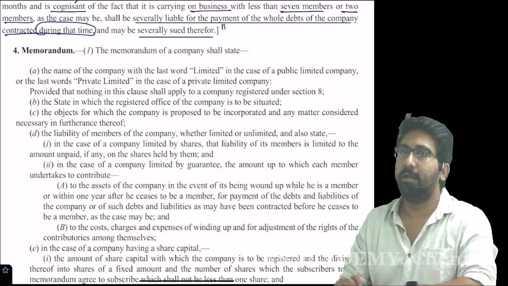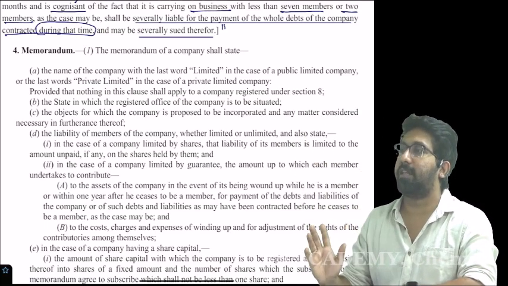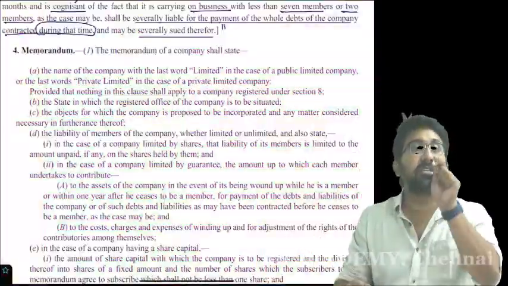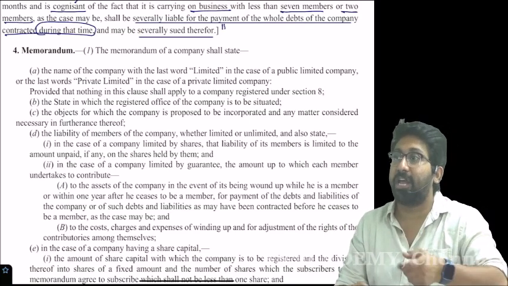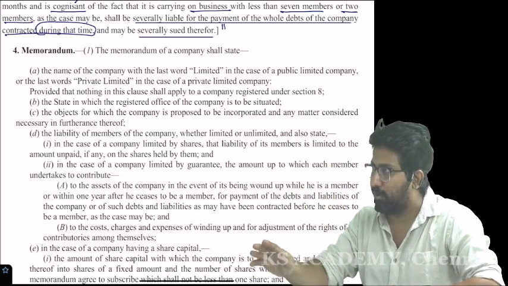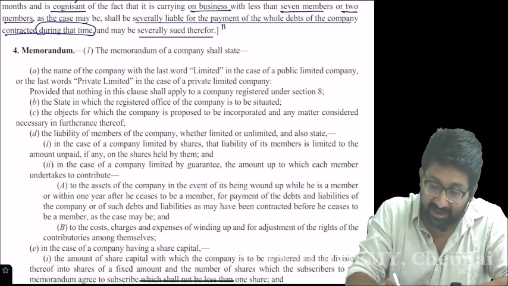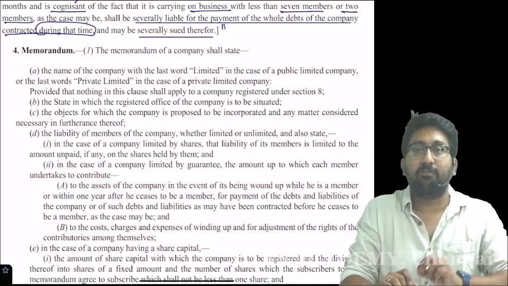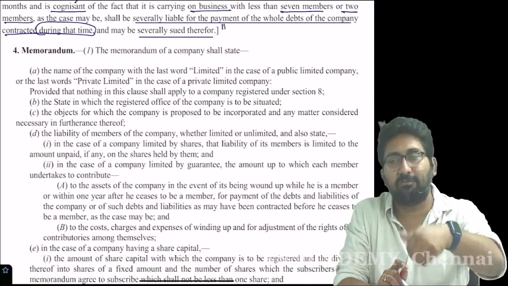Now tell me, there is a Section 8 company. It wants to use the word limited or private limited at the end of the name. Can it use? Yes, it can use. There is no mandate to do that. That's why if you observe, he is not telling a Section 8 company shall not add; he is saying this condition does not apply to you. If you want, you can. That's why if you read the proviso, nothing contained in this clause shall apply. That means, for you it shall not apply. That does not mean that you cannot voluntarily apply it.